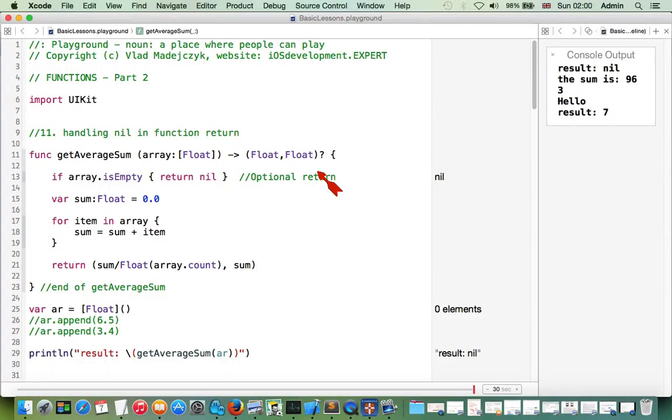Functions, part 2, point 11, handling nil in function return. Sometimes the parameter we provide to a function can be nil, or maybe will not exist, or maybe will be empty, like for instance an array, and then we have to handle somehow the situation when the return value would be nil. And to do it in a very efficient way is to predict a situation, like for instance for this function used